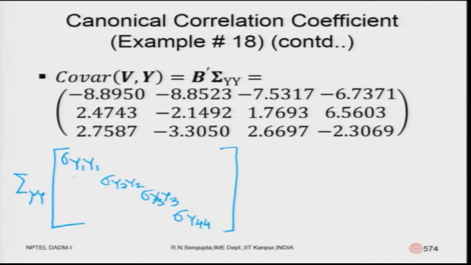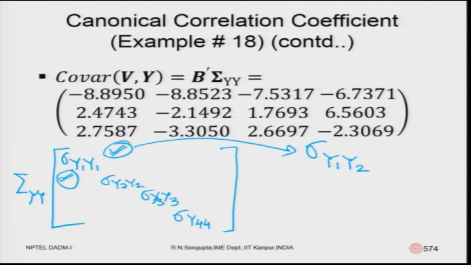and the off-diagonal elements would all be mirror images. So, these values which you write would be sigma 11, y 1, y 2. So, this will be mimicked here. Similarly, you can find out all the variables. The values come out to be as given here, the first row being.